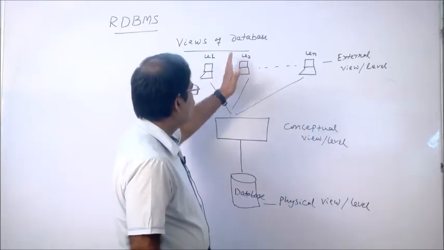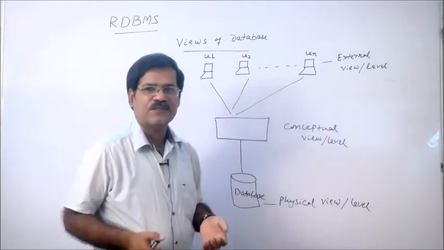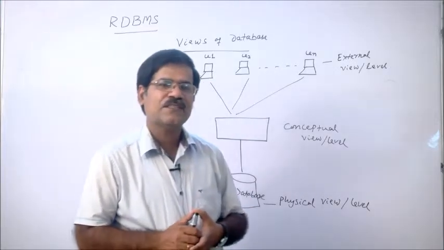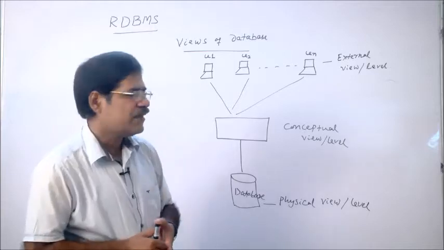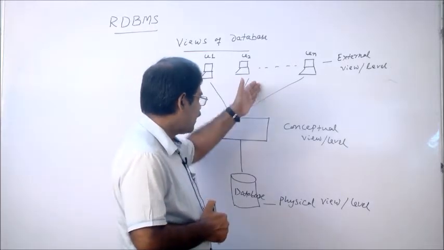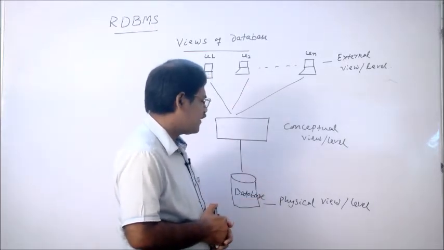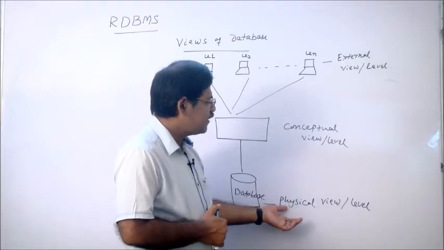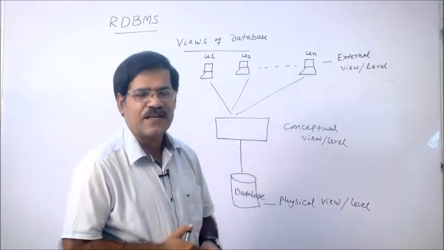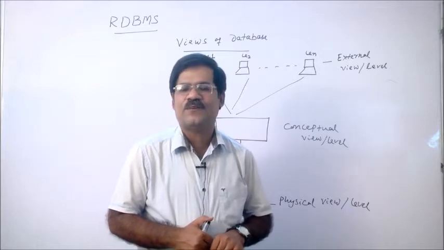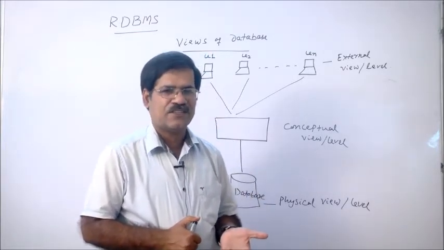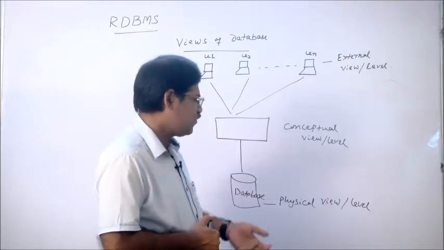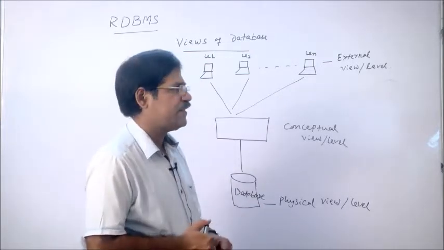So the actual user is in the upper layer. We are the users, performing some operations on a database: create a table, insert data into a table. The data will actually be stored in a database. Physical view means the physical device where the data is stored, a physical medium. It may be a hard disk, or maybe a server. In a server the data will be stored, in a database.